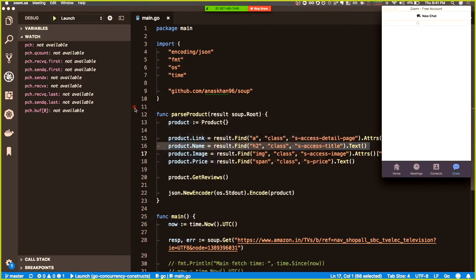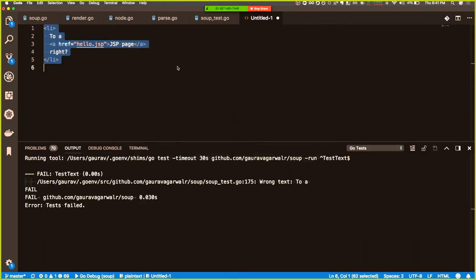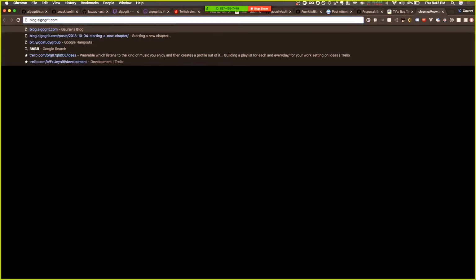The li element has some text and has a nested a tag with some other text at the end, right? So I'm trying to extract the text out of this li. If I look at the node implementation of Beautiful Soup,